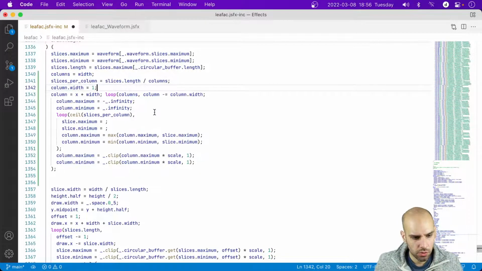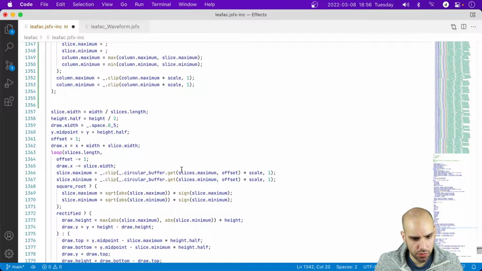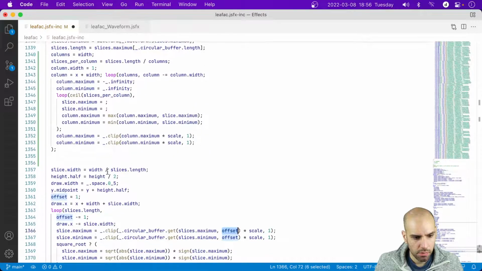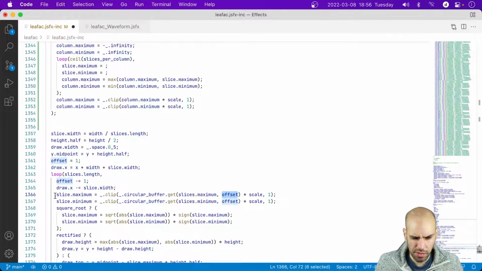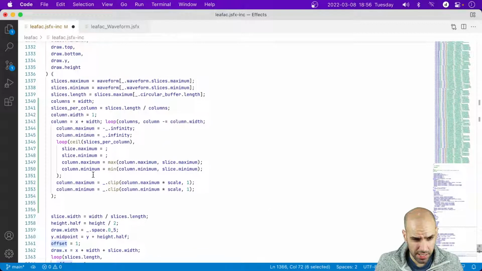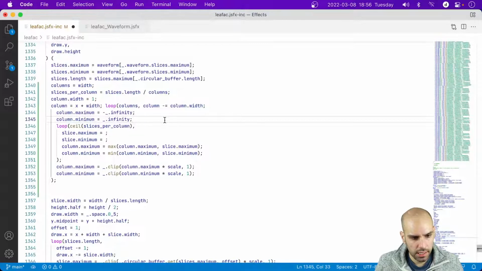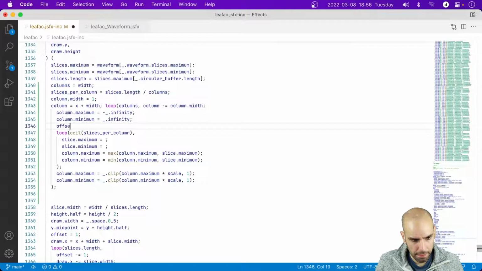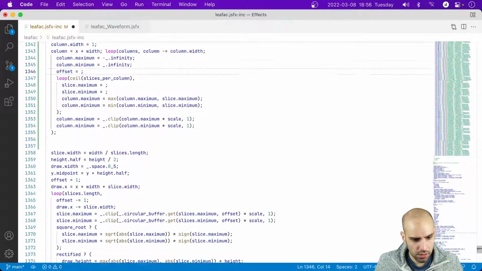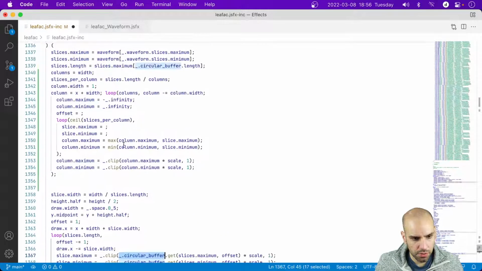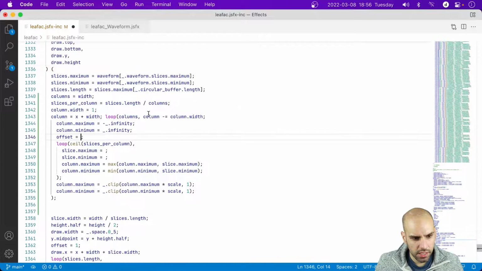I will need to have some sort of offset variable here. Before, the offset was rather straightforward because I was just looping over all the slices, but now I need to know at which point I am. So my offset is going to be slightly more contrived. This offset is into the circular buffer that contains all the samples. So I think that the offset needs to be